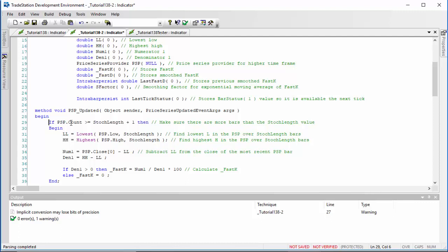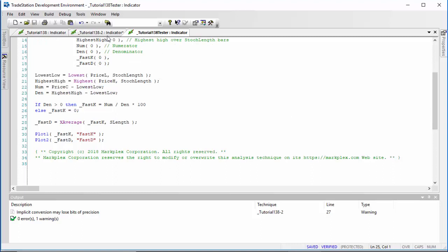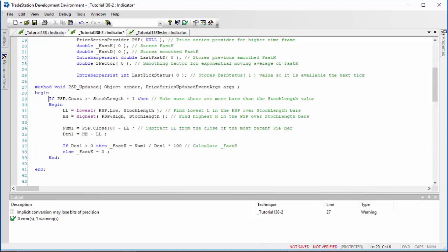plus 1. And if we compare that calculation with the one that we've got in the tester program, you'll see that it's quite similar. Now, instead of using price, though, what we're using here is the PSP. And to get a PSP series, we have PSP.low, PSP.high. So we're finding the lowest low of the last so many stock length bars of the PSP, the highest high of the last stock length bars, and then we're creating this numerator num1 by taking the close of the current bar, the close of the bar that's happening at the moment, minus LL,